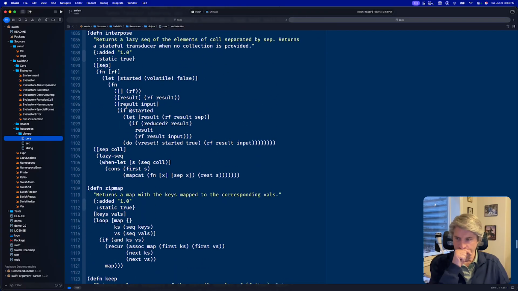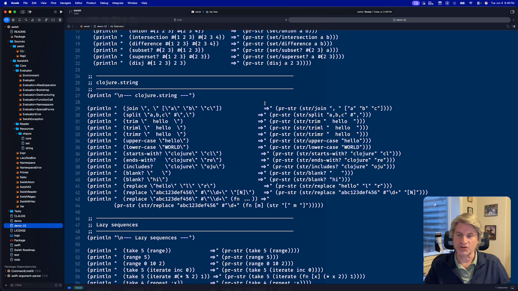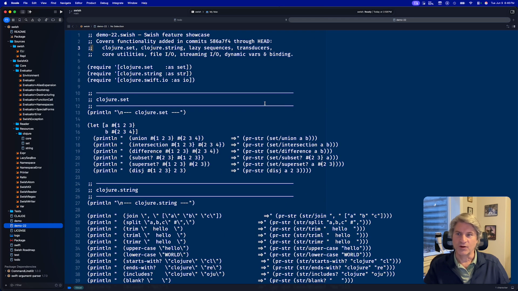I've created a demo that shows off all the functionality that we have. So the next step is for me to try and figure out how to get the jank clojure test suite to work. And this happens to be Apple's Worldwide Developers Conference this week, so I may or may not skip a week, being distracted by that. But anyway,